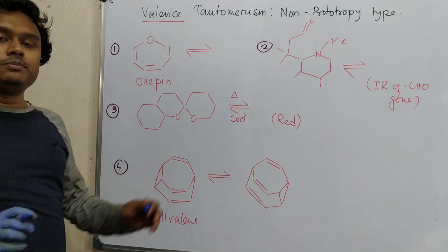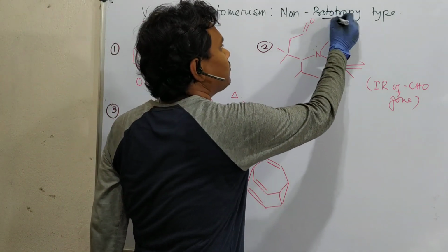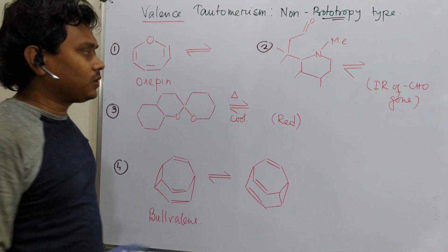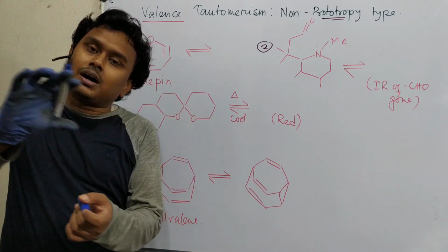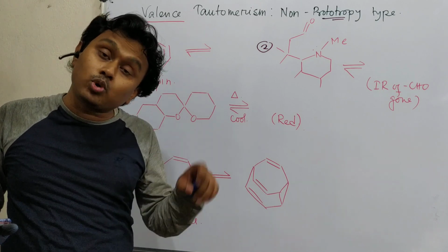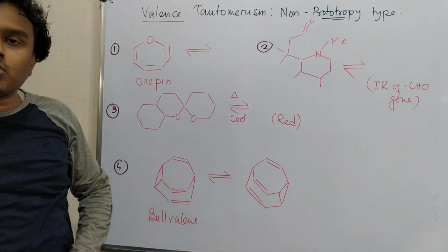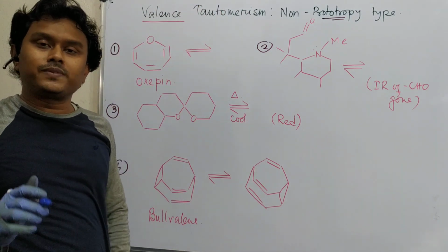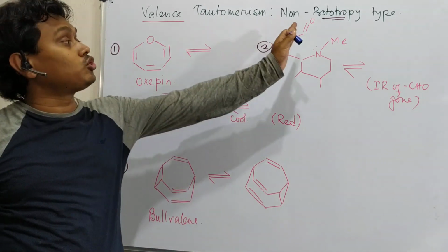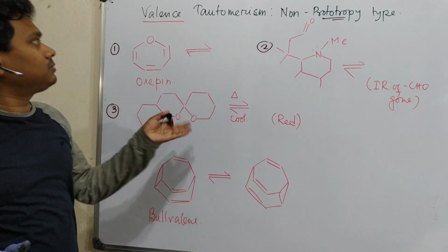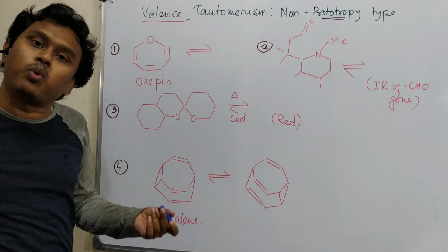By the way, one important thing I forgot to describe in the introductory part, that is non-prototropy type. What do I mean? In case of keto-enol, or other reactions, the proton is shifted from here to there. That is a proton shift, which is why those are called prototropy type. In this case, actually, no proton movement you are observing. We are observing only bond movement, or bond formation or detachment. So that's why it is non-prototropic. Its name is valence tautomerism, means valency change. What I told, valency is described by the bonds.